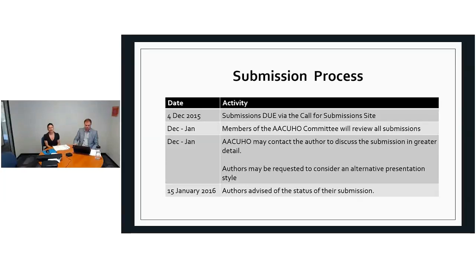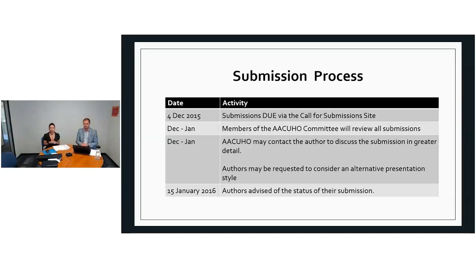Just some important deadlines, and one of the things that is important to note is that they are very swiftly approaching. So the 4th of December is our current deadline for the call for submissions. I know that it is an extremely busy time of year, so if you are having any issues meeting that deadline, or if you know of anyone, please just ask them to get in touch. We're more than happy to have a chat with someone and give them some extra time, just as long as we know they're in that space. Obviously, it's in everyone's best interest to submit quality applications and for us to get some really good submissions as well.